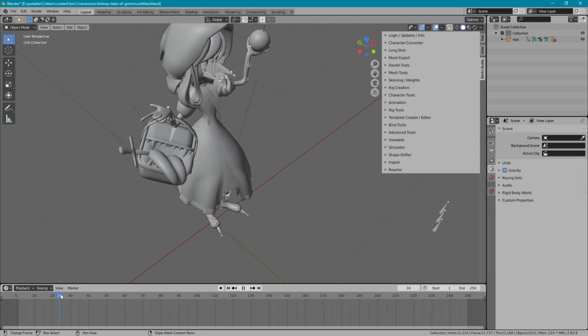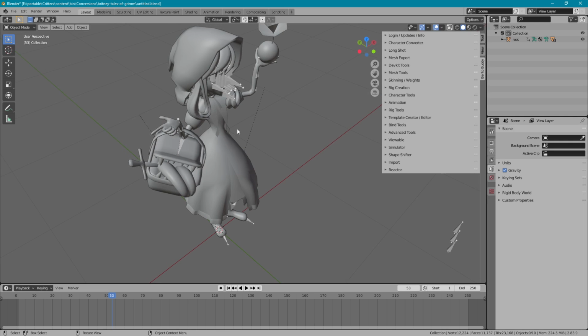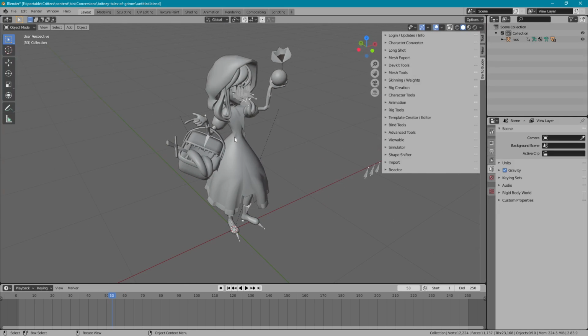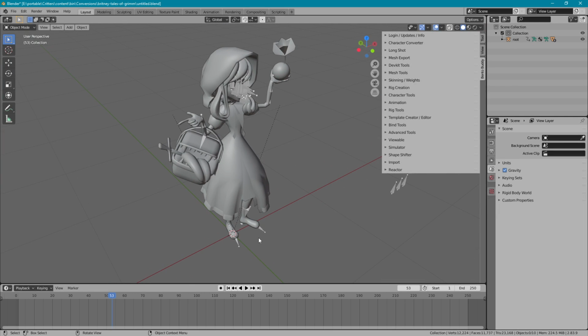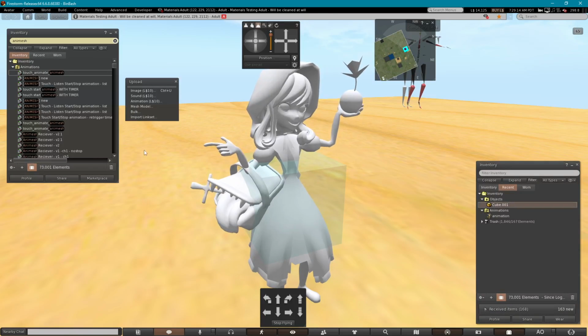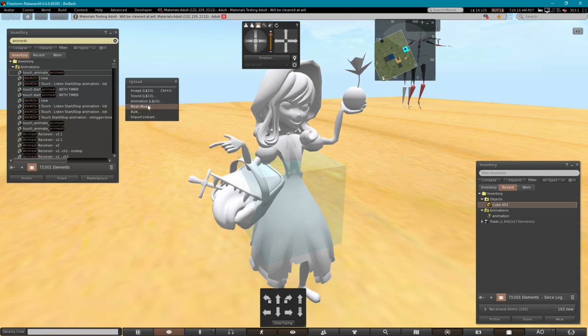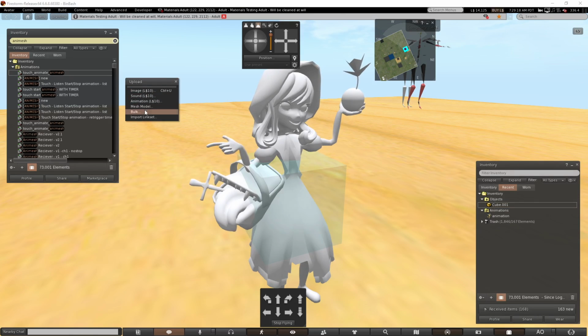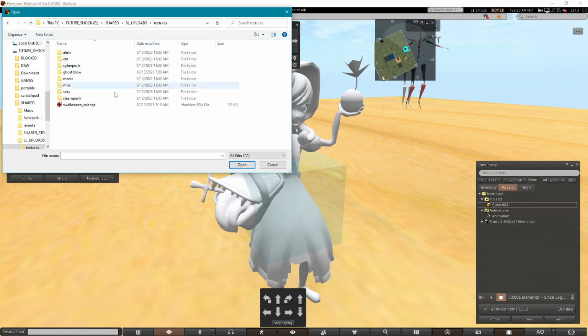So let's just look, and yeah, her hand is dramatic like that. Alright, I'm going to go grab the textures that came with this download and just upload the whole mass into Second Life. So what I've done is I went to the texture folder. I'm going to do bulk. I went to the texture folder, and